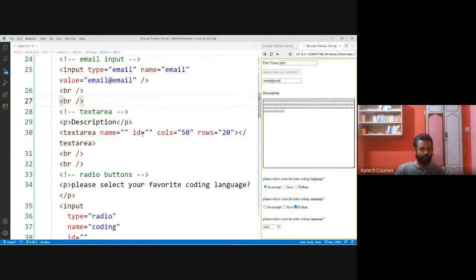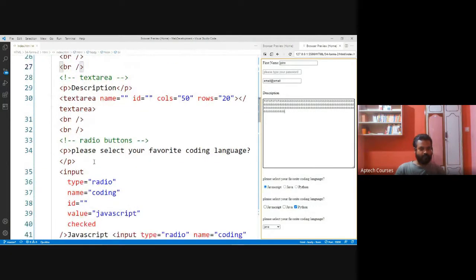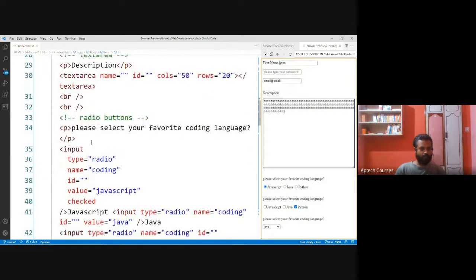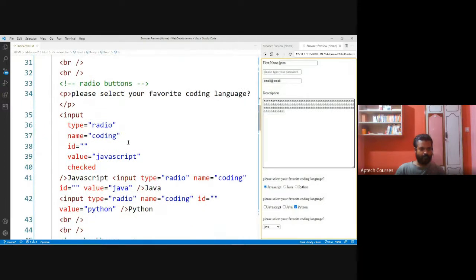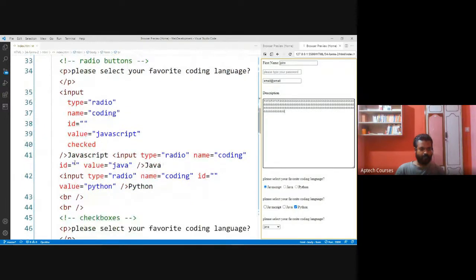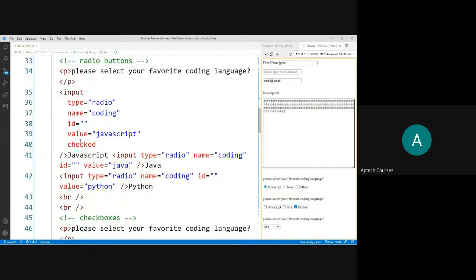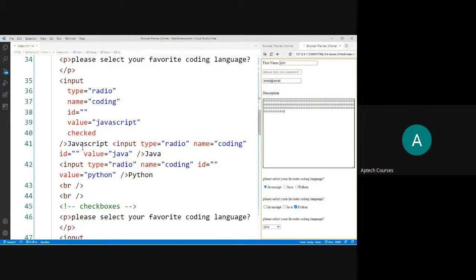Then radio. Input type is equal to radio. Then what do we need to concentrate on here?